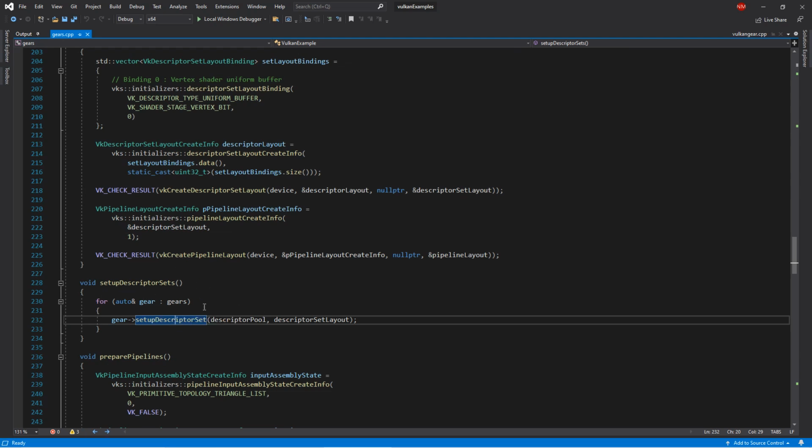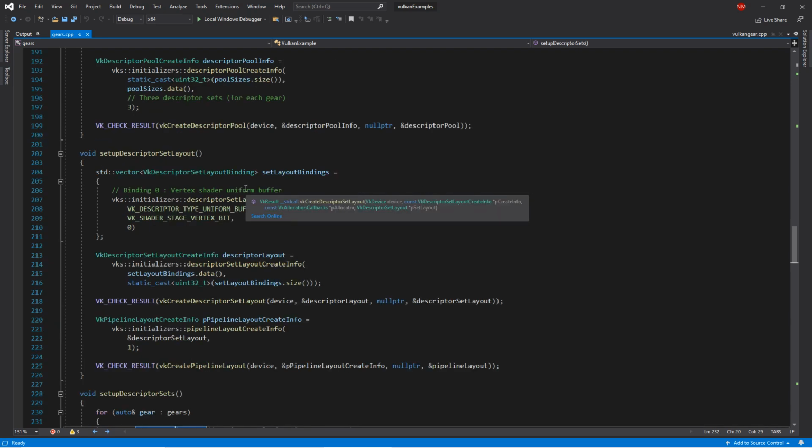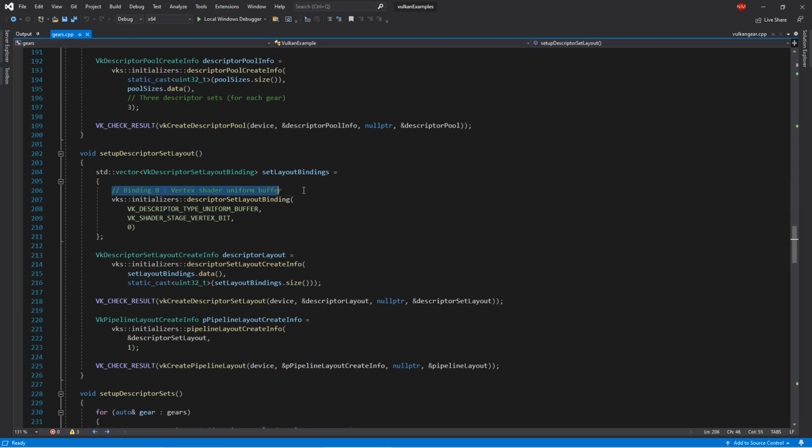We're setting up a descriptor set. So remember, it's about telling Vulkan about memory, about what to expect, what can access the memory, what type of memory it is, how many pieces of memory there are. Real quick, remember that binding 0 here again. Notice it's the same binding 0, but